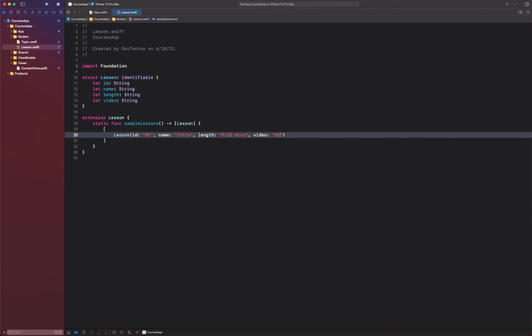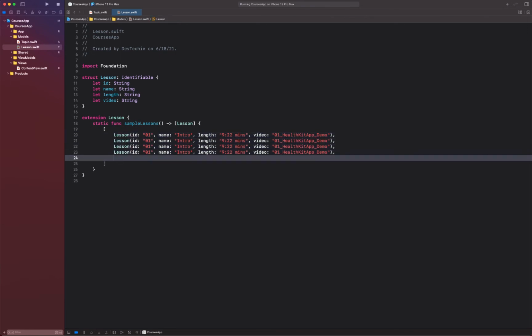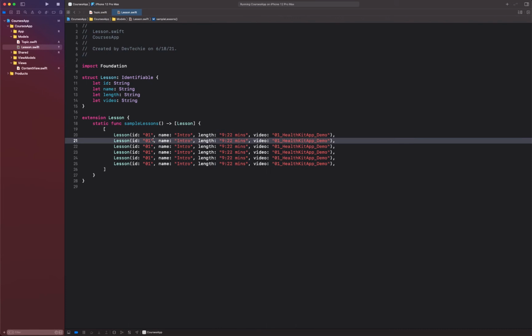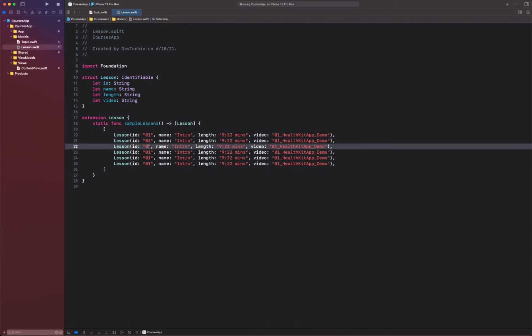So the file name that I'm going to be using is going to be HealthKit app demo. It's basically a video grabbed from the HealthKit app video course that we created. So if you're interested in learning HealthKit usage in SwiftUI, check out that course. But yeah, it's basically the demo video for that. So that's what we're gonna use for our sample, and I'm gonna paste this maybe 5 or 6 times. Okay, and I'm gonna update the